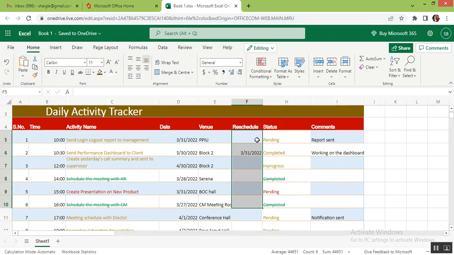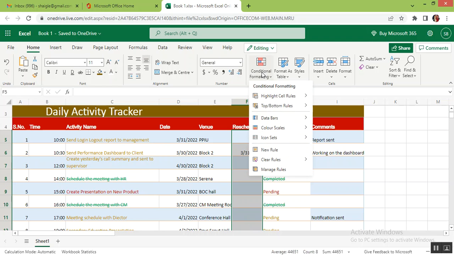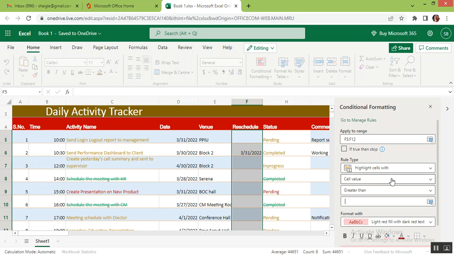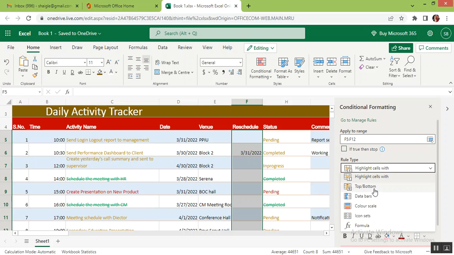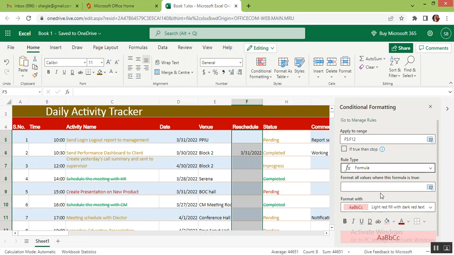Now I want to input some formula here. I highlight these cells and enter conditional formatting, new rules. From here I want to input a little bit of formula. The formula is very simple, that